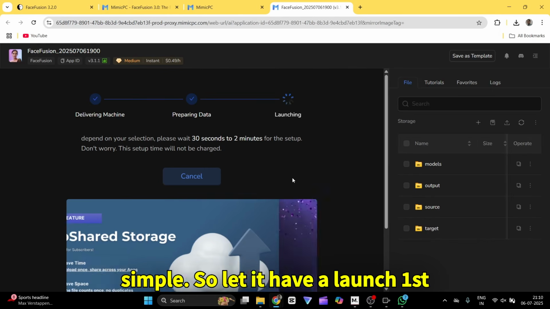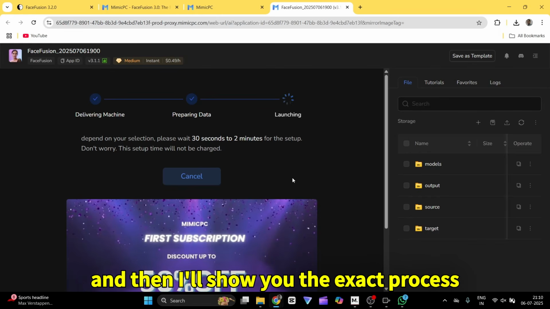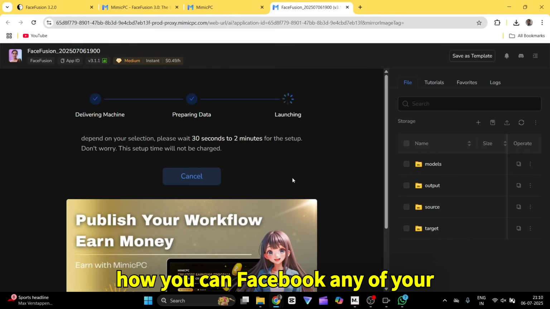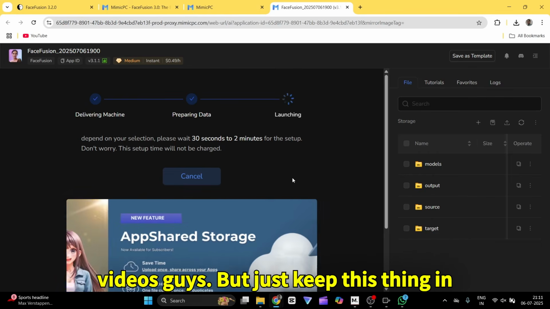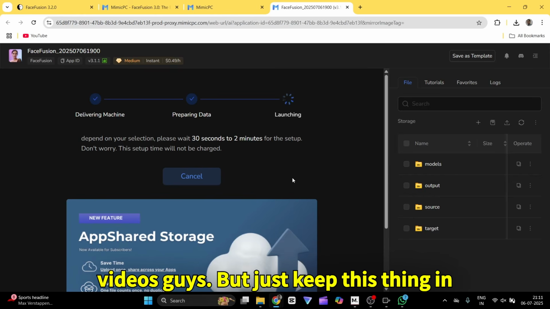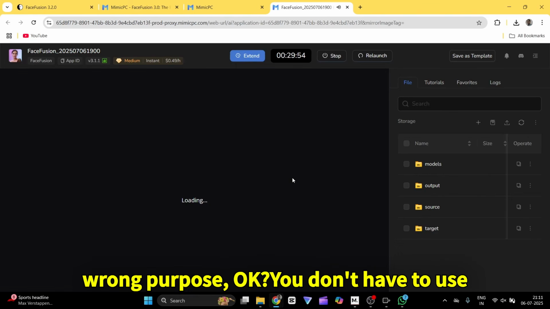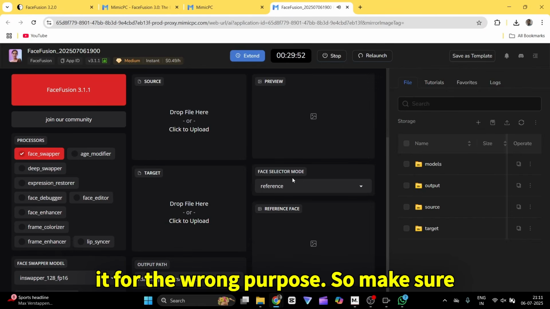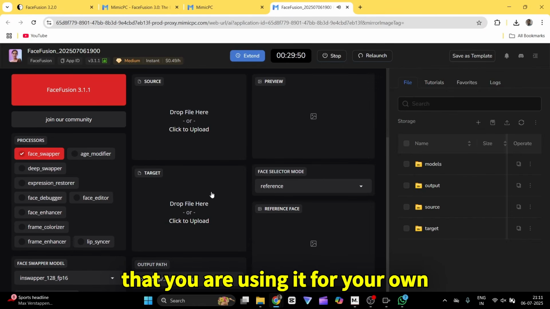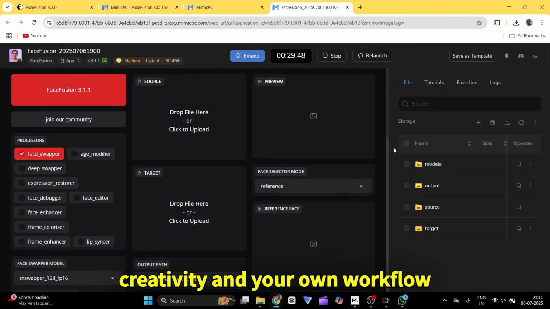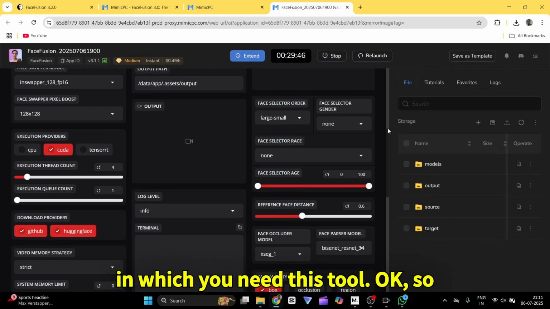So let it have a launch first, and then I'll show you the exact process how you can face swap any of your videos, guys. But just keep this thing in mind, you don't have to use it for the wrong purpose. Okay, you don't have to use it for the wrong purpose. So make sure that you're using it for your own creativity and your own workflow in which you need this